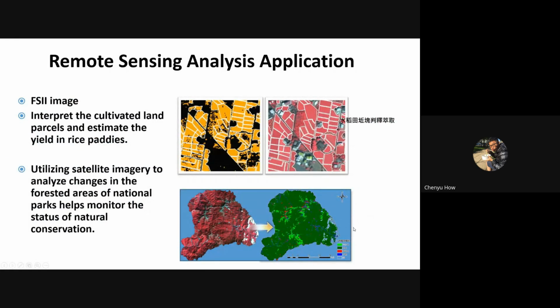And except for visual inspection, we can also use remote sensing analysis techniques such as image classification and some image recognition. So we can pre-process the image and classify the land cover type to identify specific land uses. In the example here, the image we used was from Taiwan's self-launched satellite,